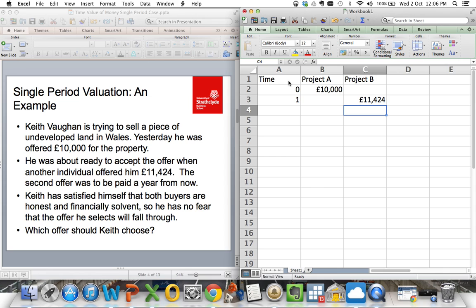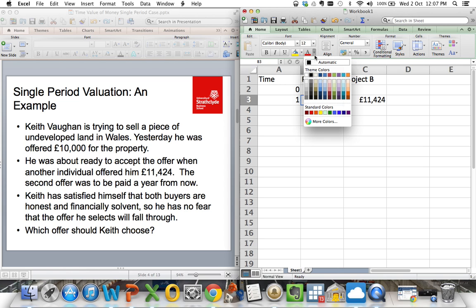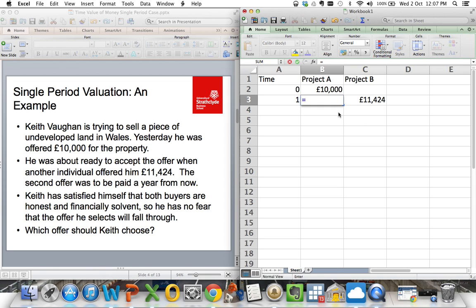So at the moment we get maybe 5%. Let's assume that you're getting 5% on a savings account. You'd put the 10,000 into the account and you would get 5% on that. That's the interest rate. How much would that grow to? Let's just look at this. I'm going to change the colour to blue. I'm going to say equal to 10,000 multiplied by 1.05. And it grows to